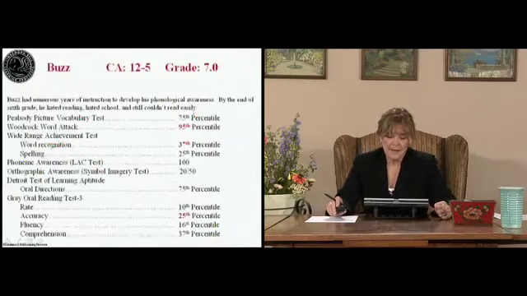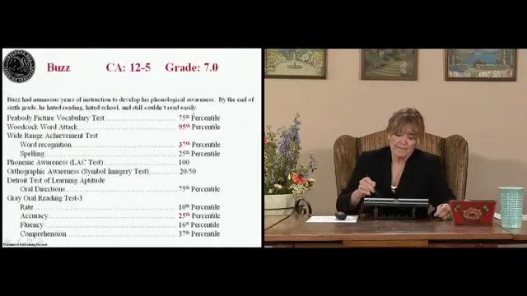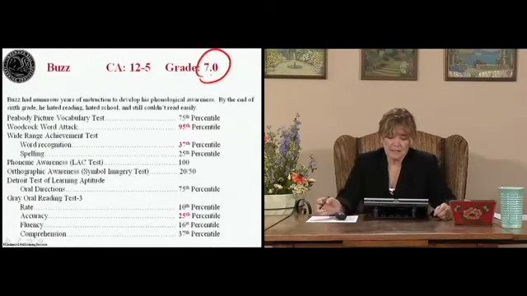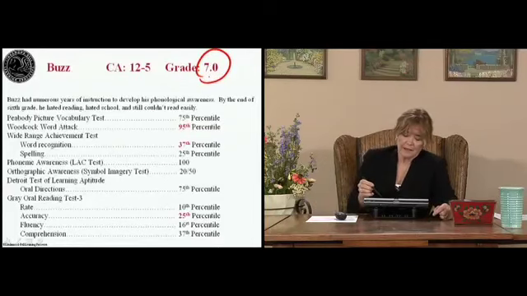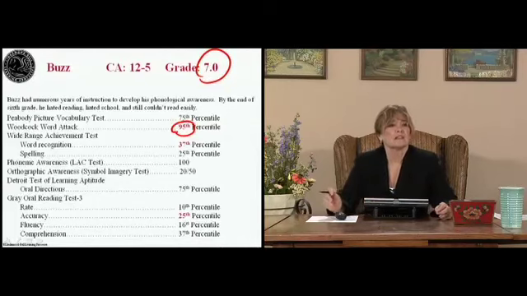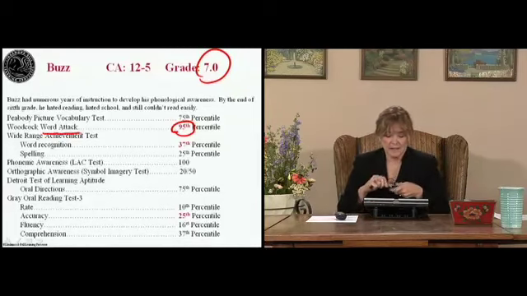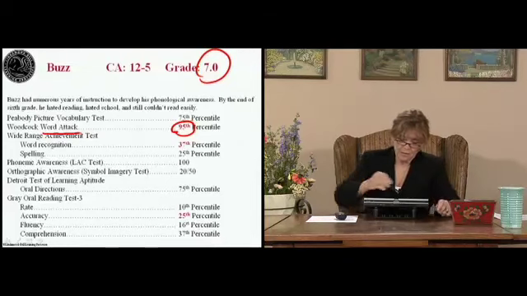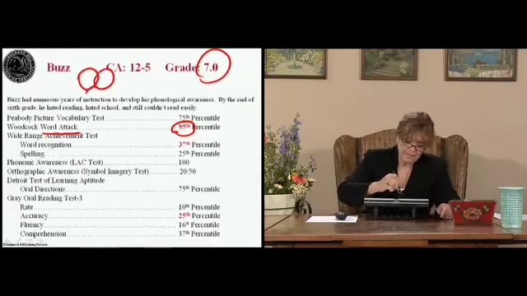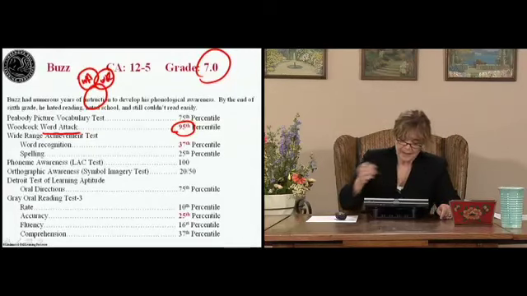So here's Buzz. Buzz happens to be a boy that I did work with. He was in the Boston area. At the time of this testing, you can see that Buzz is in 7th grade. He's had numerous years of instruction, including some of our programs, and his word attack skills, he was very dyslexic and couldn't read, and we improved his word attack to the 95th percentile. And unfortunately, though, remember your circles, this is your test.